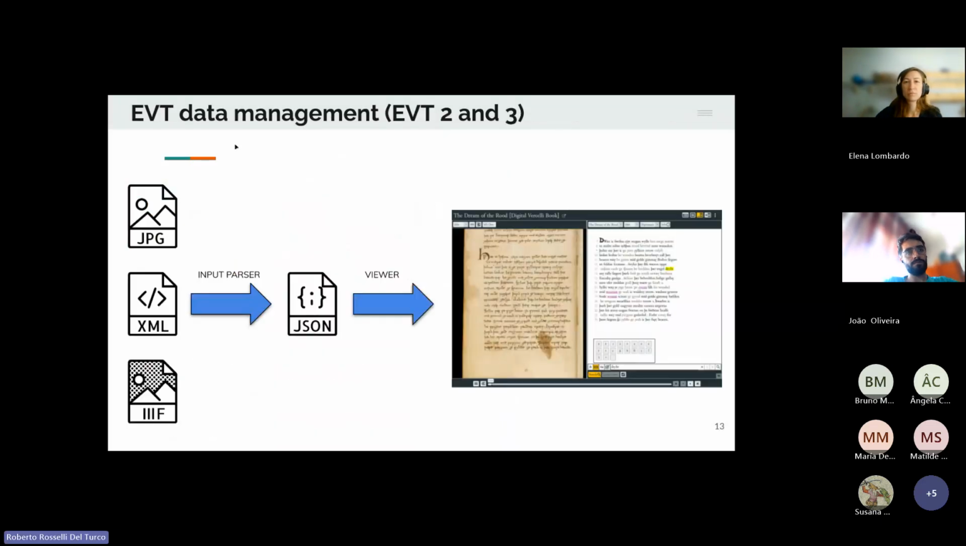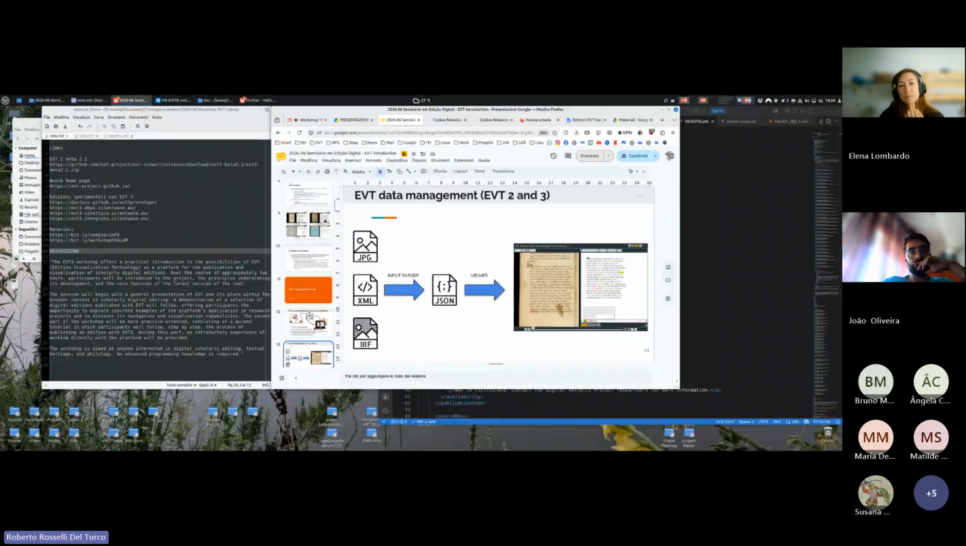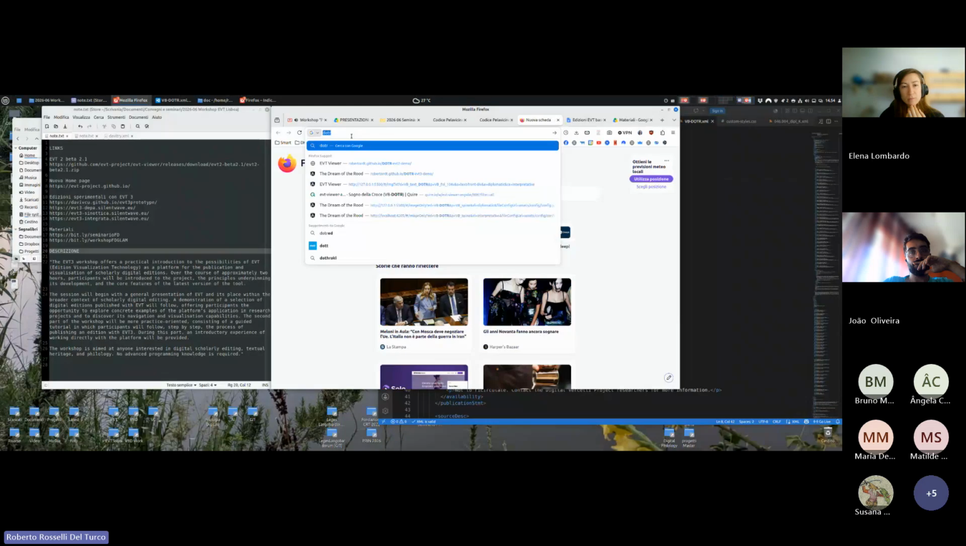So this is to explain how it works. So we have all the edition data you can see here on the left. You can then copy them into the appropriate folders inside an EVT installation. The textual data is transformed into JSON, and then the viewer module takes the JSON, takes all the links to the images, and produces something like this. Okay, so the final edition is produced on the fly when you open the website. I can show you that